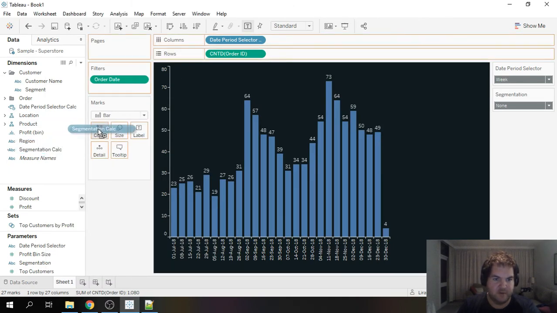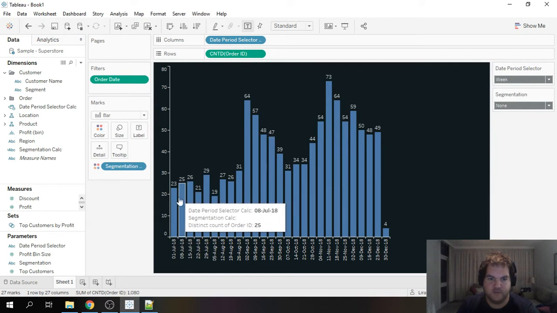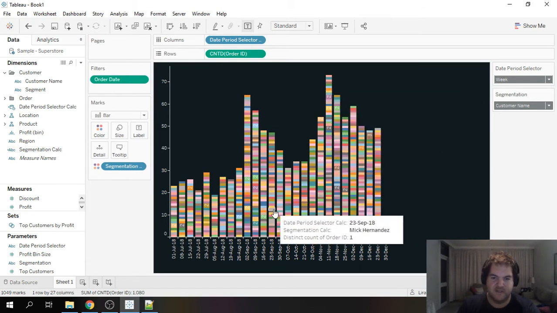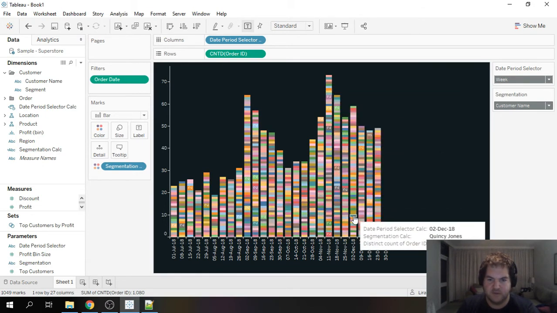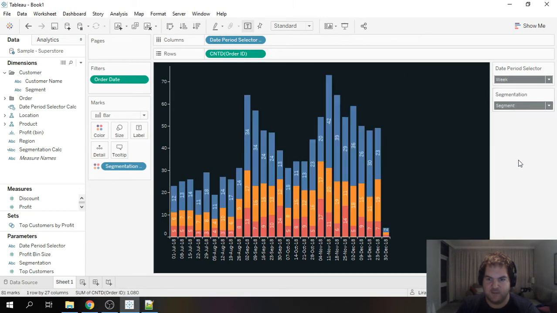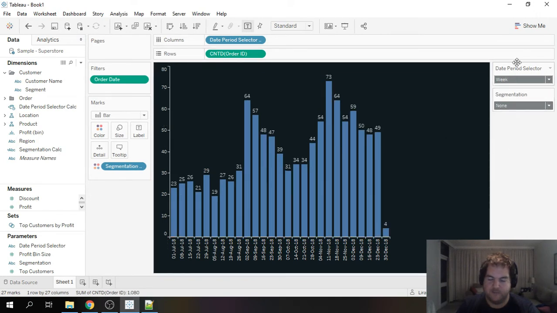So if we go ahead and put it over here. Okay, none is the default, so there's no segmentation, which is what we want. Customer name. Now we get a breakdown of all the different customers. Obviously, you can see this won't be too useful because it's very, very granular. Segment is probably much better, which it is. So these two selectors work very well together,